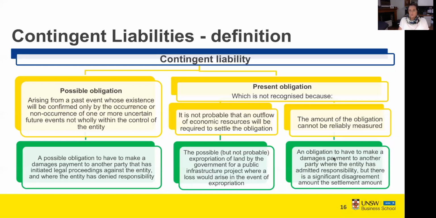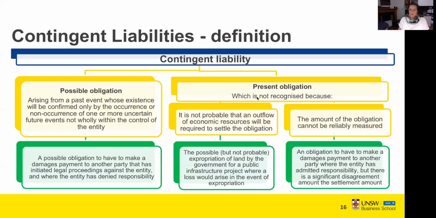So we know there's a present obligation. We know there's going to be an outflow, but at this point in time, we can't reliably estimate the amount because we've offered 100,000, the customer's asking for 2 million, which means the amount at this stage cannot be reliably estimated. I cannot recognize anything in my balance sheet or in my statement of financial position, but I have what's called a contingent liability.